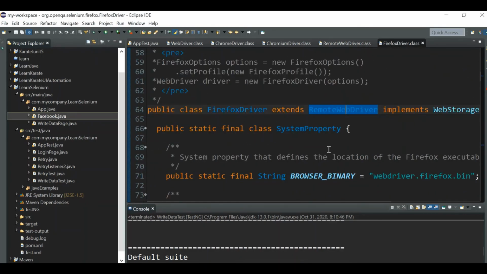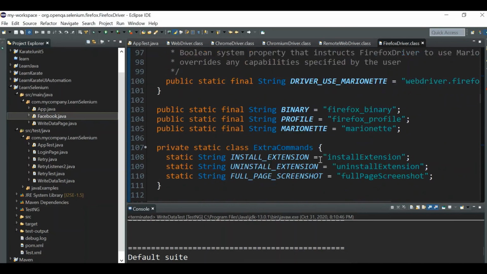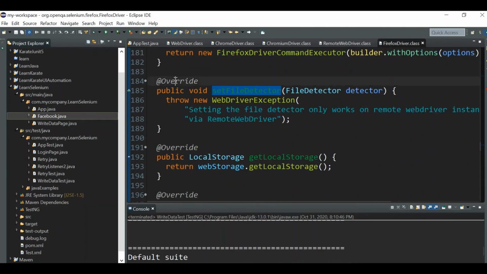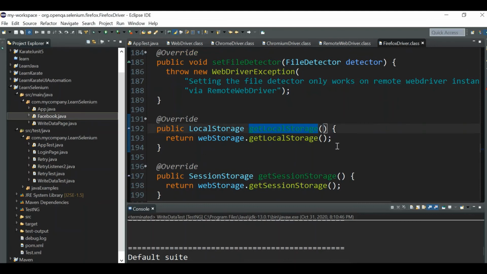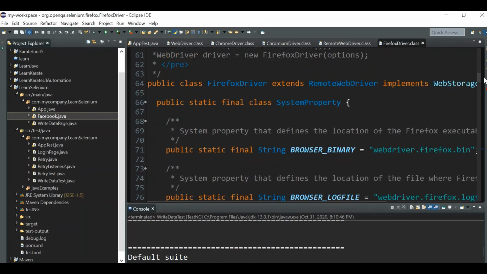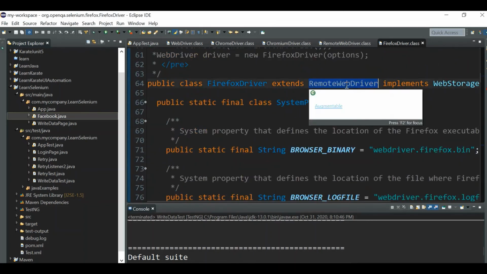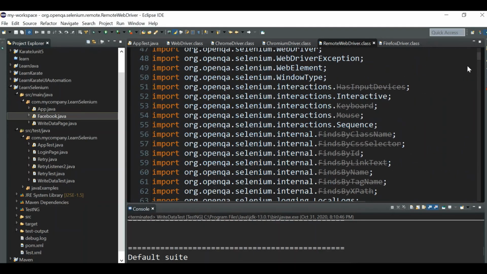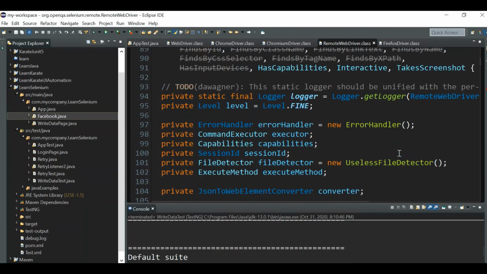Even the Firefox driver class will have its own specific methods and also the overridden methods. In this way, both Firefox driver and the Chrome driver are extending the RemoteWebDriver class, and the RemoteWebDriver class is implementing the WebDriver interface.